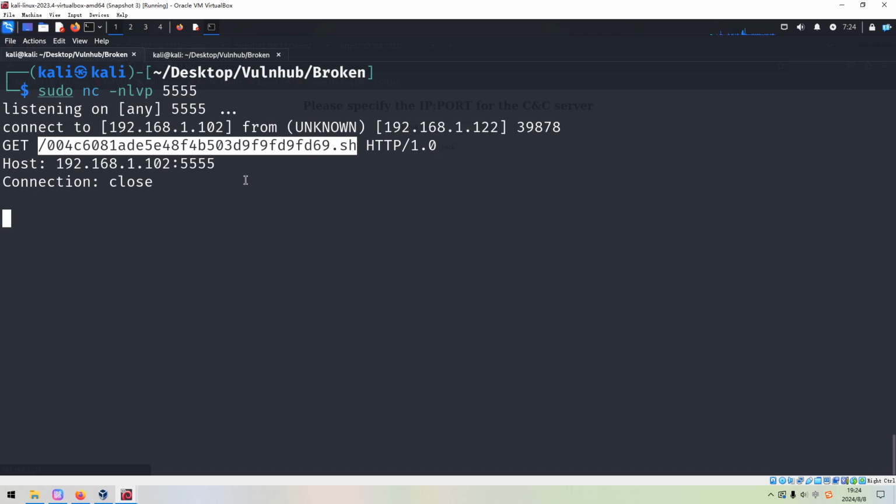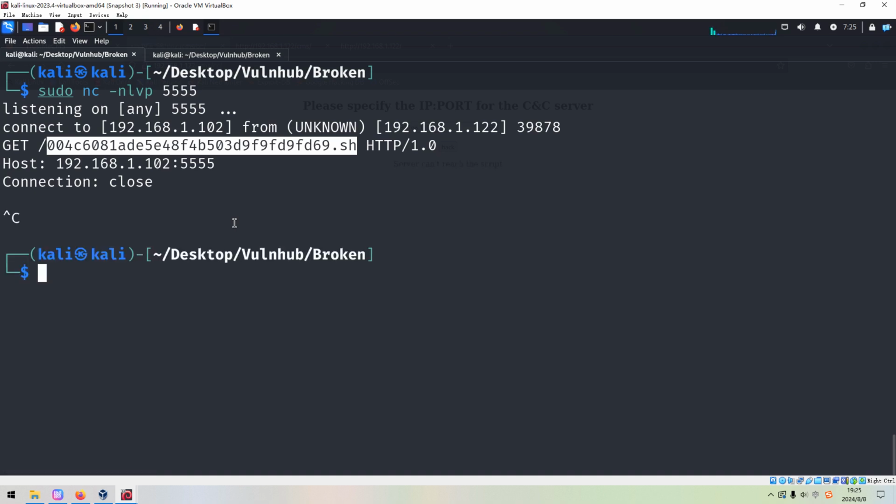So what do we have to do next? We can create this shell script, and this shell script will host the reverse shell command. So when the target connects back to our Kali Linux, or command and control server, it will run this reverse shell command. By this means, we can get a foothold on the target.